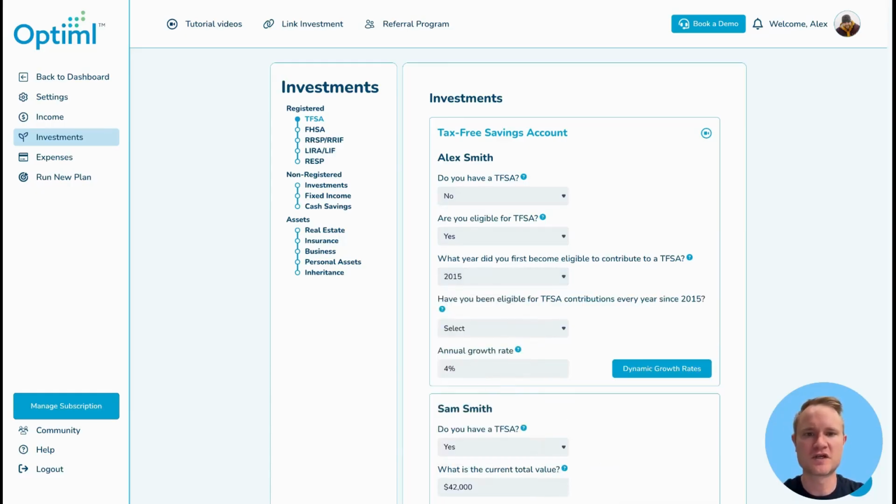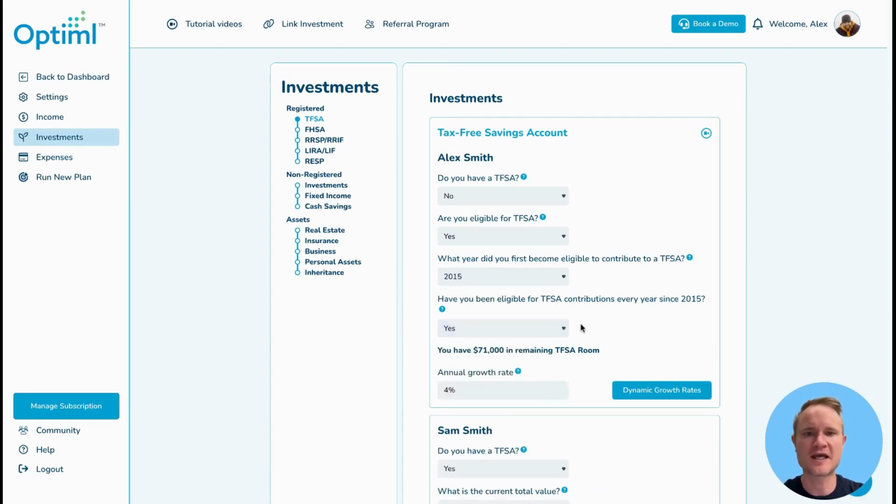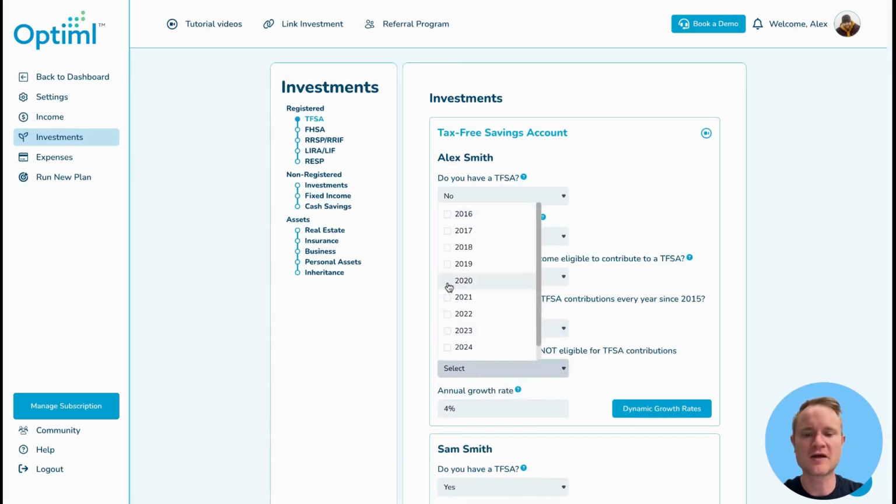You then need to indicate if you've been eligible for TFSA contribution rooms from the year that you became eligible. If you have, select yes. It will then calculate how much contribution room you have available, and then input the growth rate you'd like to simulate for the analysis. If there were any years that you weren't eligible for TFSA contribution rooms, select no, and